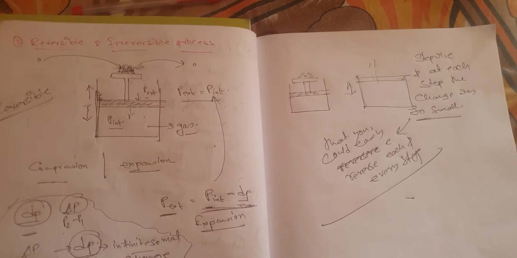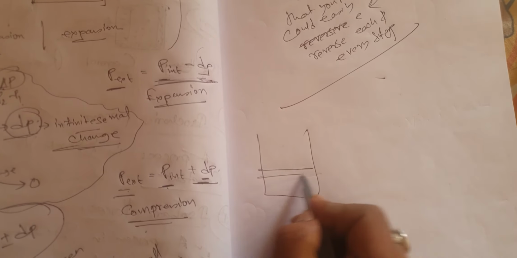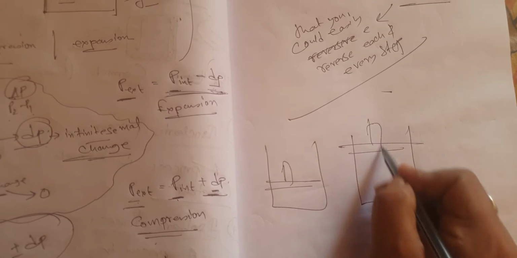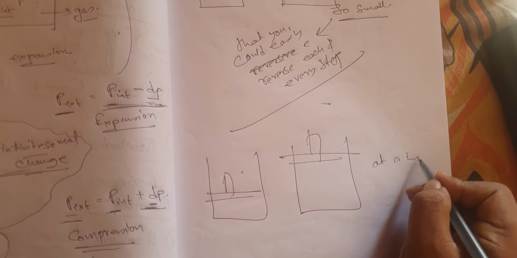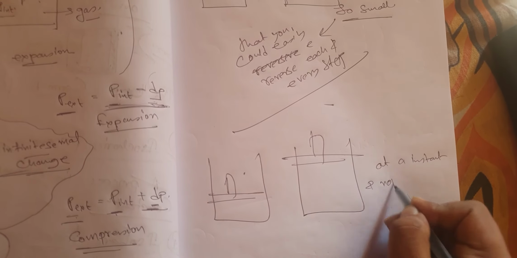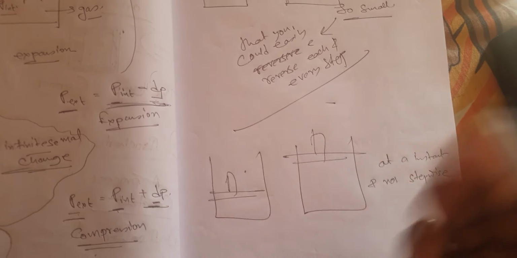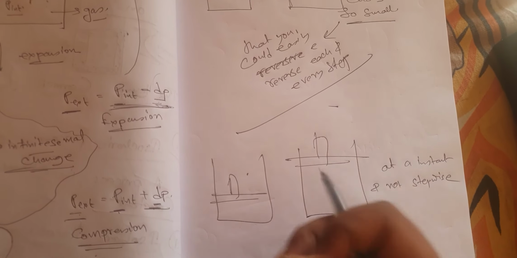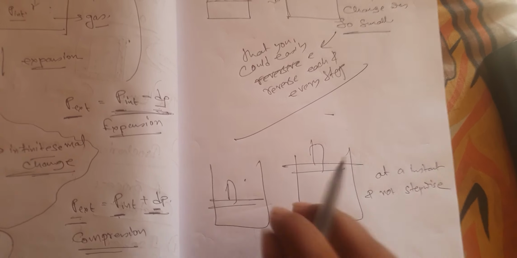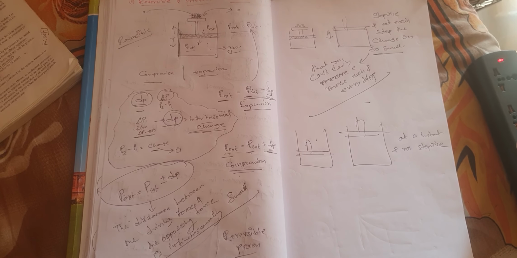And what will be an irreversible process? Definitely an irreversible process will be such where the compression or the expansion will occur at an instant and not stepwise, and there is a huge difference between the driving force and the opposing force, be it compression or expansion, and you cannot reverse it. Why can't you reverse it? Because it is not occurring stepwise. So that is known as an irreversible expansion or compression. So I hope you have understood this entire